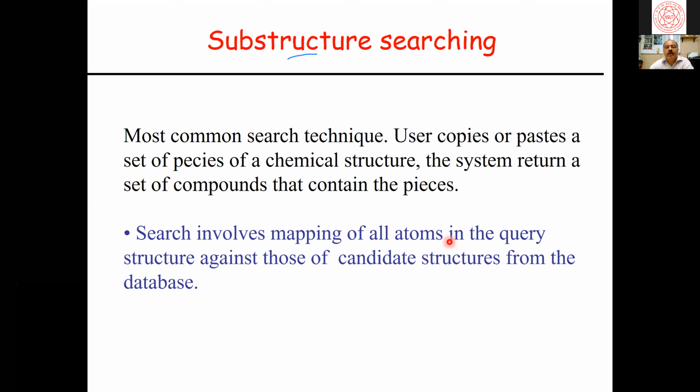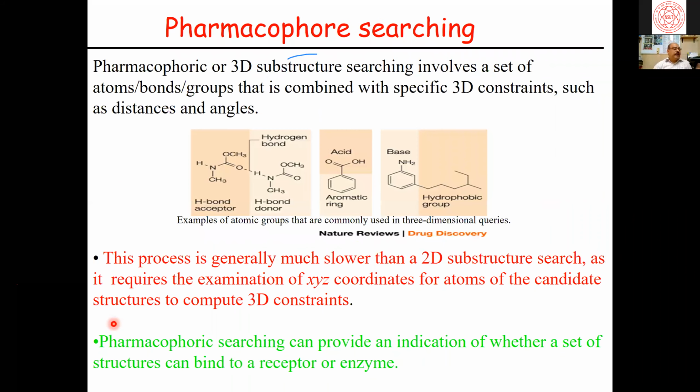Search involves mapping of all atoms in a query structure against those of a candidate structure from a database. While the third and the most important, in my opinion, is what we call a pharmacophore search. Now, pharmacophoric or three-dimensional substructure searching involves a set of atoms, bonds or groups that is combined with a